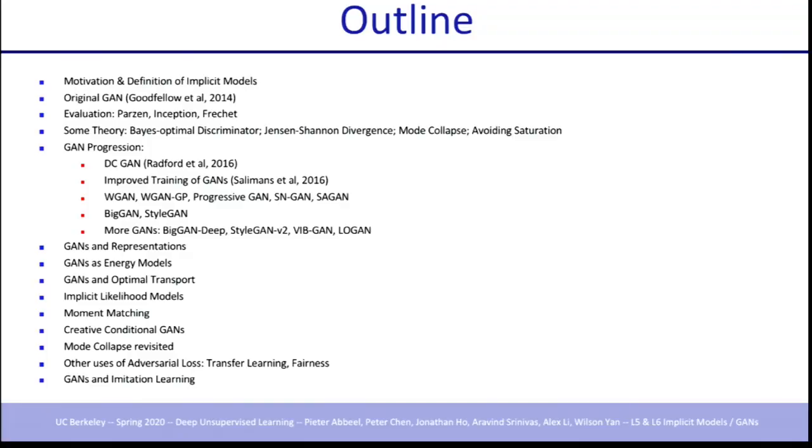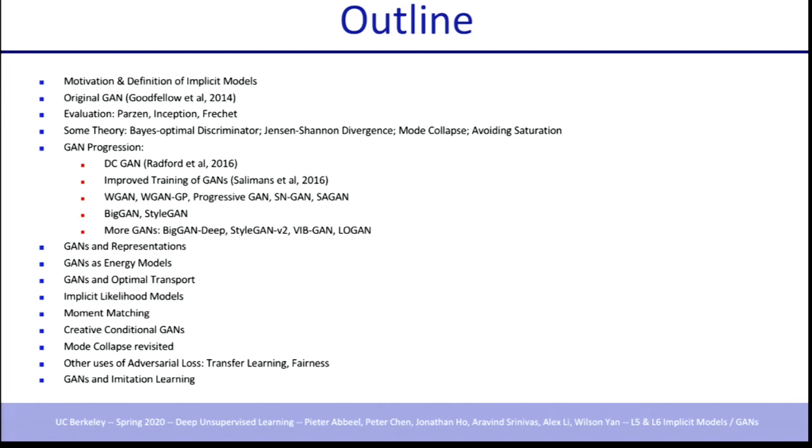In fact, you see here the menu we're going to go through. It's a lot to cover, all the way from motivation through the whole progression of GANs, different ways of looking at GANs, and then some other considerations we'll consider at the end. Today, we'll hopefully get till somewhere in the middle of the GAN progression. That's our target for today. And then we'll pick up the rest of the GAN progression next week and see the other views on GANs next week.